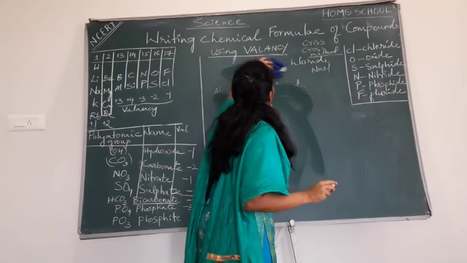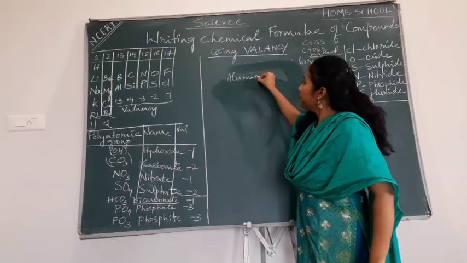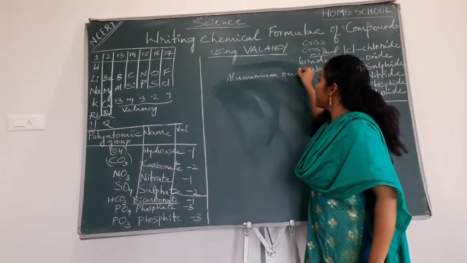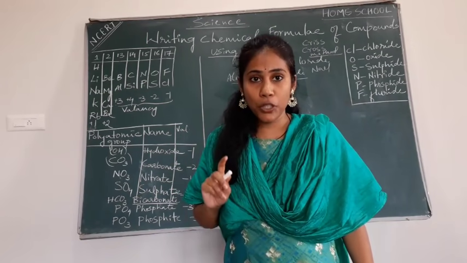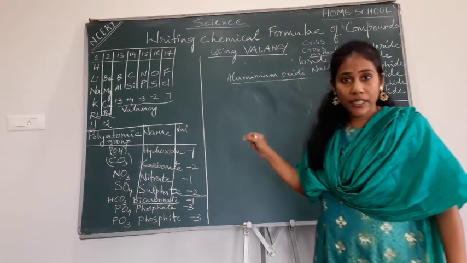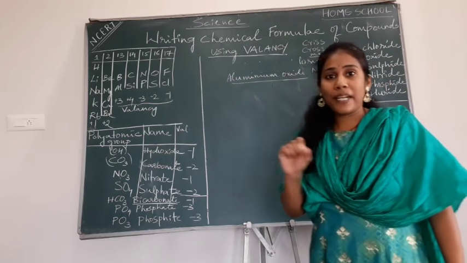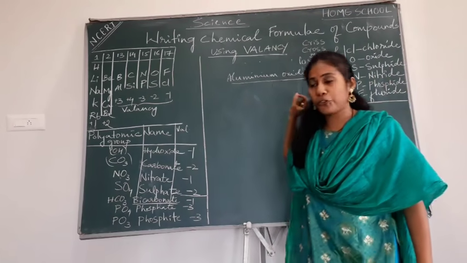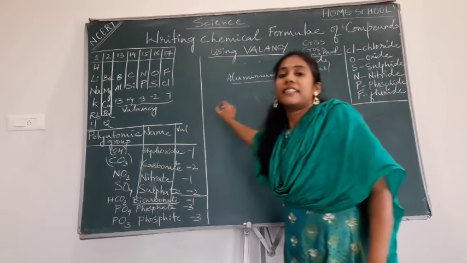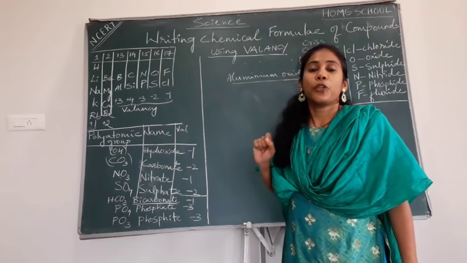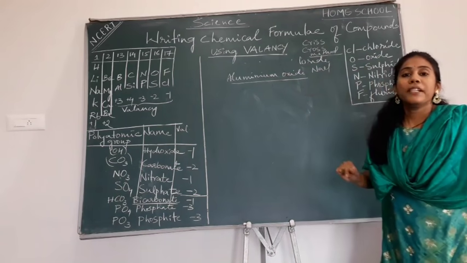Let us go for the compound aluminium oxide. Will you try? Aluminium oxide. See, remember guys, all the stuff, whatever is there on a board should be there in your book. Okay, you can pause the video and note it down, or you can take the screenshot of it. Until and unless you practice all this, it will not come to you. You have to note down every basic point that is necessary and then work out with certain examples, then it will come to you. Otherwise, it's going to be very difficult. Clear everyone?